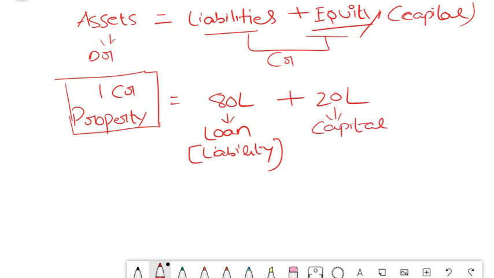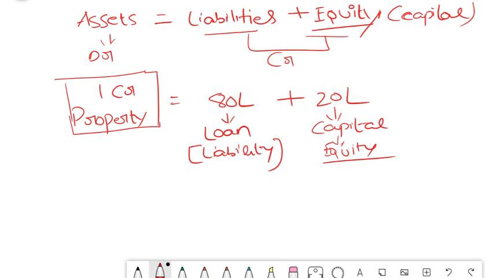Equity means equity shares. When we generally form a company, the capital which we bring in is in the form of equity shares. That means whatever capital I bring in can be divided into multiple equity shares: 20 lakhs divided into 1000 equity shares or 10,000 equity shares. It depends upon how you want to frame it. So this is nothing but your equity. We will learn about equity, preference, and debt in a separate topic or subject. We have other subjects as well, law and regulatory, where we can learn more about this. But for now, you can understand that this capital is nothing but your equity.